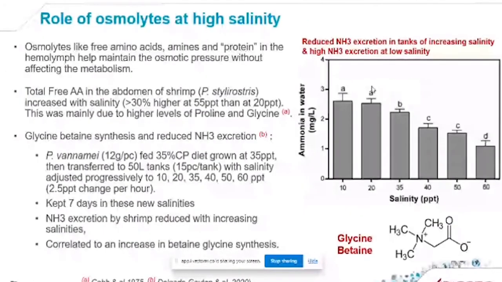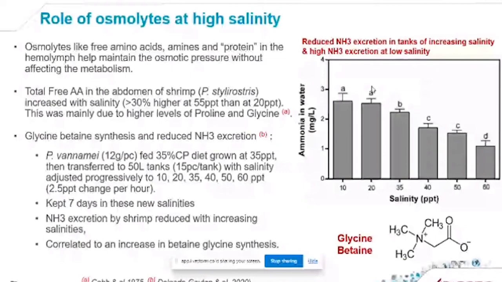There was a very interesting study published earlier this year that showed the important role of osmolytes like betaine in this situation. But overall, osmolytes, like free amino acids, peptides and protein molecules that you find in the hemolymph, help increase the osmotic pressure inside the hemolymph without affecting the metabolism. Also,